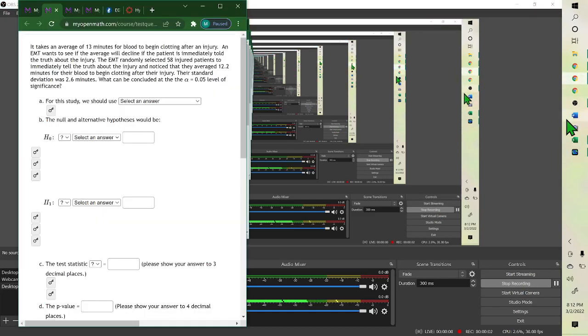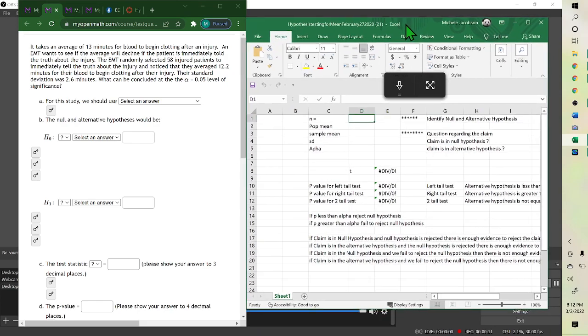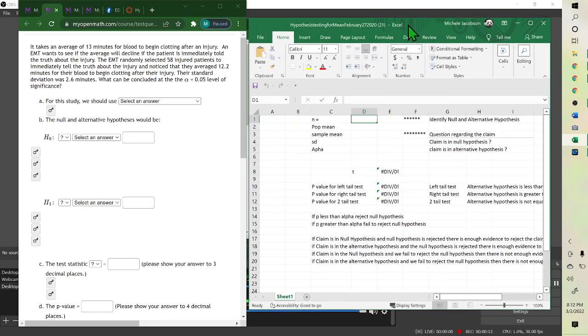Well, for these three hypothesis tests, you want to use the hypothesis mean one in the Excel sheet. And this one says it takes an average of 13 minutes for blood to begin clotting after an injury. An EMT wants to test the average will decline. So decline means less than. We randomly selected 58 injured patients to tell if the energy,